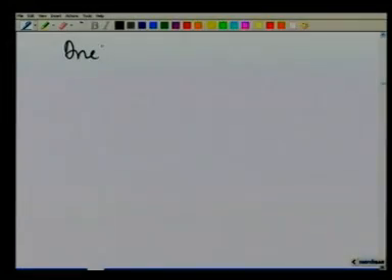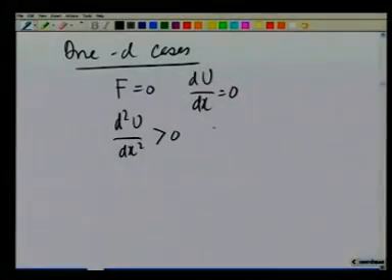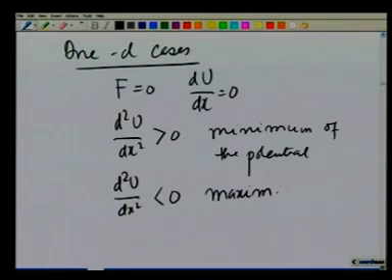Having talked about all these quantities, you may be now wondering what happens to the minimum and maximum of the potential in 3-dimensional cases. In 1D cases, I knew that the force was 0 when dU dx was 0. If d2U dx square was greater than 0, then I had a minimum of the potential, and similarly d2U dx square less than 0 gave me a maximum of the potential,